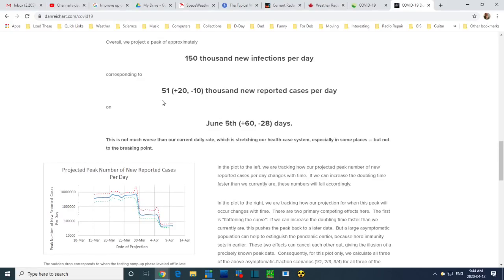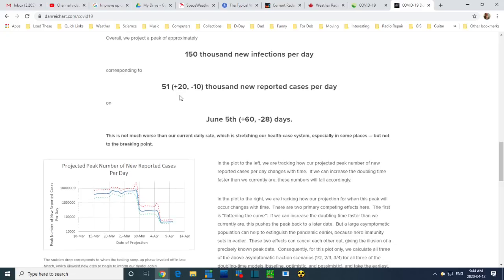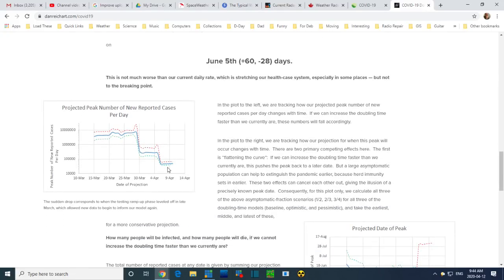Here he's talking about the number of cases that would be produced. Now these charts at a glance are a little confusing. This is a chart of the changes in their predictions. In this case it's a projected peak number of new reported cases, and down here are dates of time going by. Today is the 12th, so we're right out here. This line represents the estimates they were making on these dates, and the estimates are over here. Peak number of new reported cases.